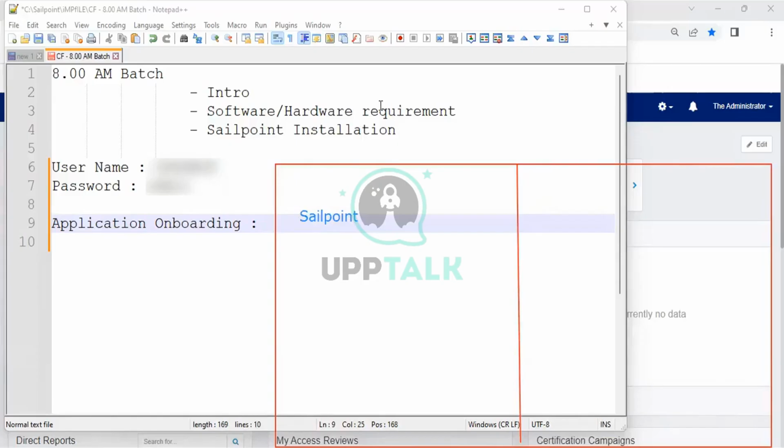Nothing is there in your system. Nothing. Zero. But you have some target application.